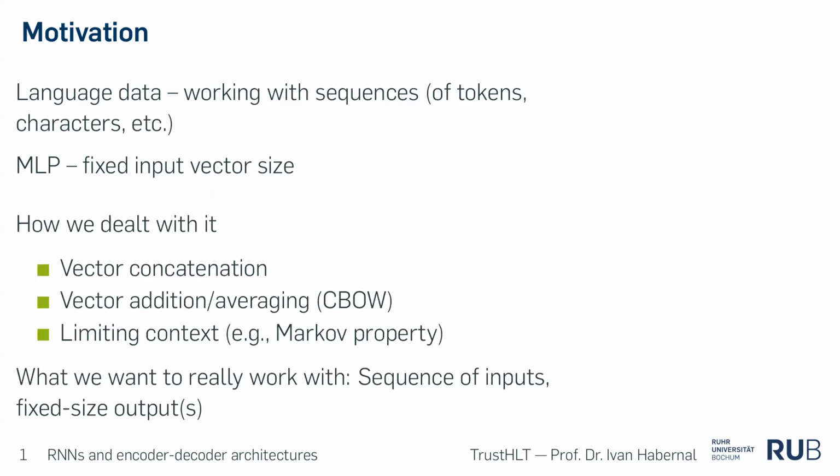What you propose is also possible: we can take these vectors and just concatenate them together. If we say each document could be maximum 20 tokens, then we might just put 20 vectors after each other and that's maybe fine. But we did continuous bag of words, so that's the averaging. And something with limiting context, this is the Markov property, where we basically said the sequence is always three tokens on the left, nothing else.